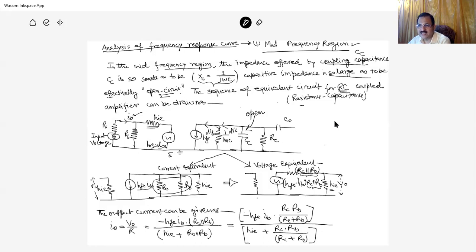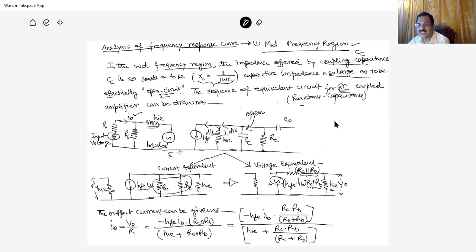So in these three resistances, two are the parallel combination, that is the equivalent resistance of the parallel combination through which the current is flowing and the potential drop is created. Here the potential drop is created, and this gives the output current. The output current of this circuit is I0. Output I0 is nothing but the voltage V0 over the resistance R.